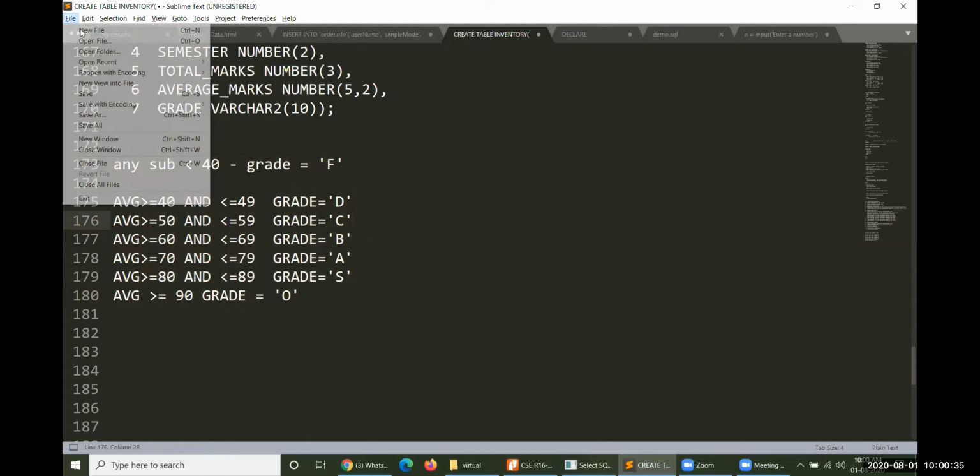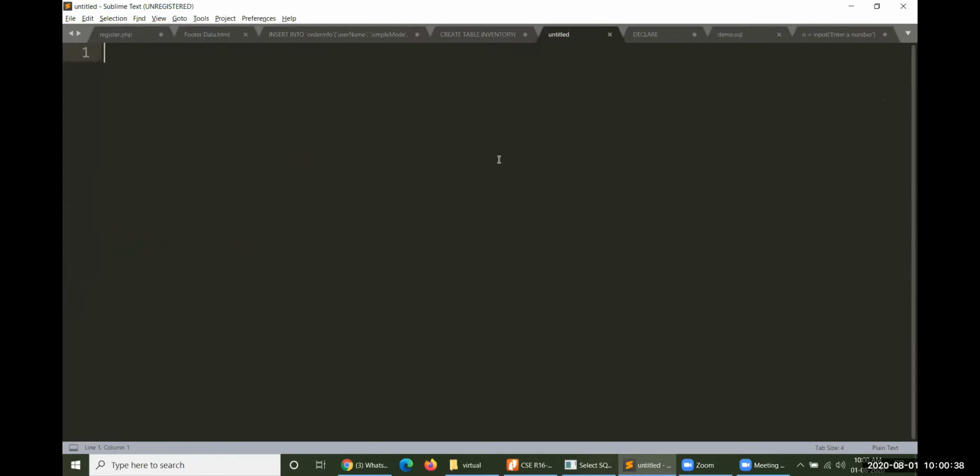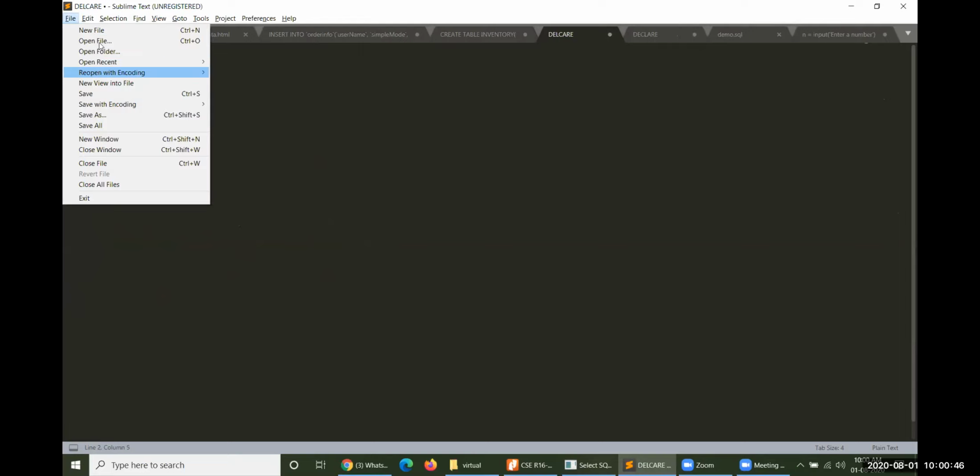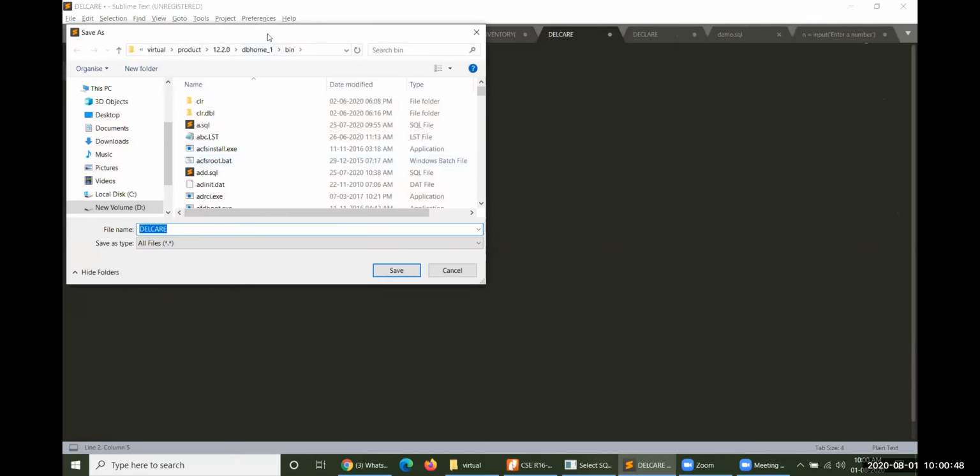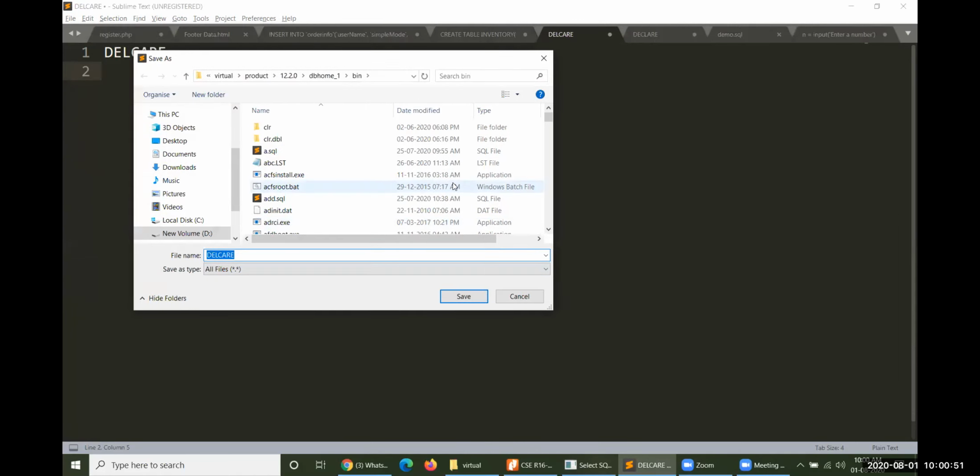That is why I'd like to take one more new file, and I have to write everything here for you. Okay, declare. So let me save it, where it is, yes, it has been saved in the same position. In bin only it has been saved. There is no problem at all. My file name is exam CUR, examcur.sql. This is the file name.